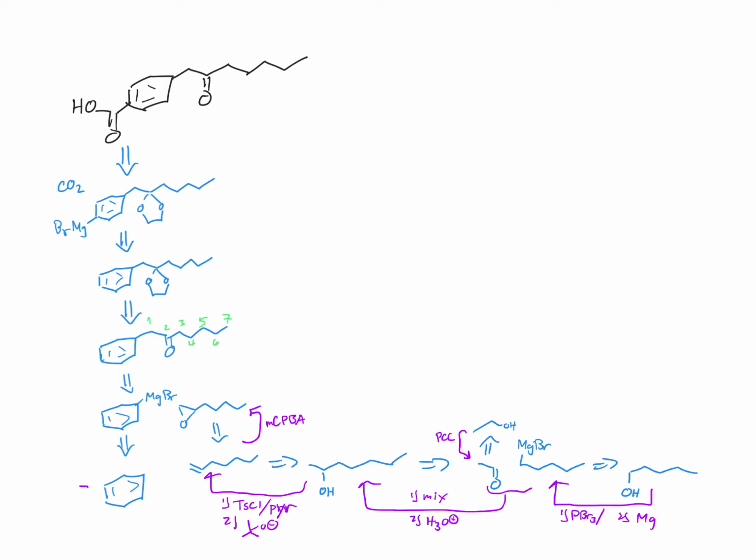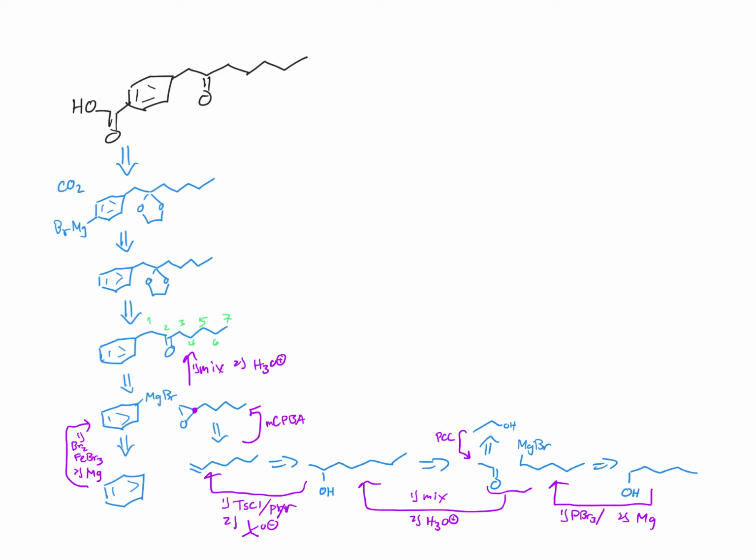I can make the Grignard from the aromatic ring. We've seen this already several times in this video. Br2, FeBr3, that's the first step. Second step, just add some magnesium. Then I can mix these Grignard and epoxide together, and I can do some mild acid workup, because I would get, let's see, this